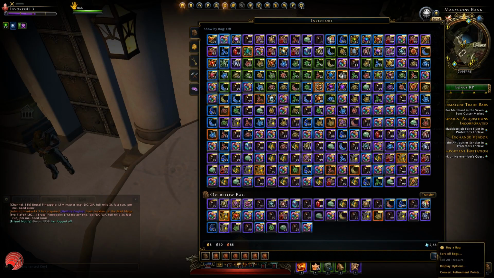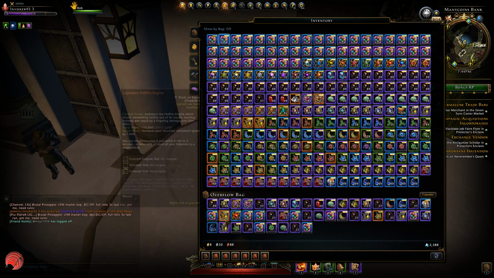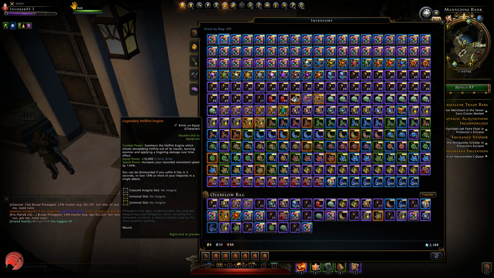Alright, that was character number 3. Let's sort the bags again. We got 3 legendary mounts this time, which is still very normal. We're expecting 2 to 3 per character. Sometimes it might be 1 or 4 that might happen, but on average we should have a little bit more